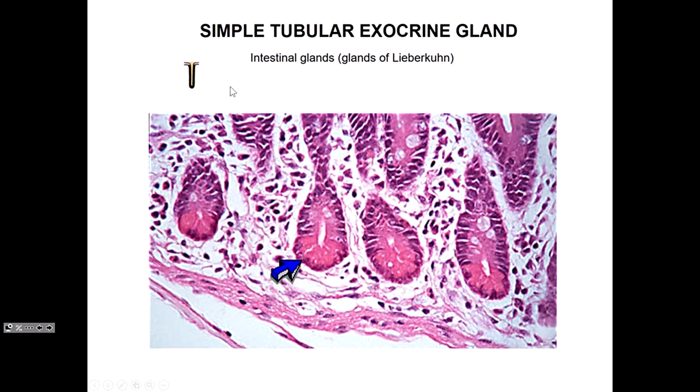So this would be a simple tubular gland in this case. And again, they're going to secrete by merocrine because pretty much by default, if we exclude apocrine and holocrine secretion, which is pretty rare, most things are going to be merocrine mode. Okay,